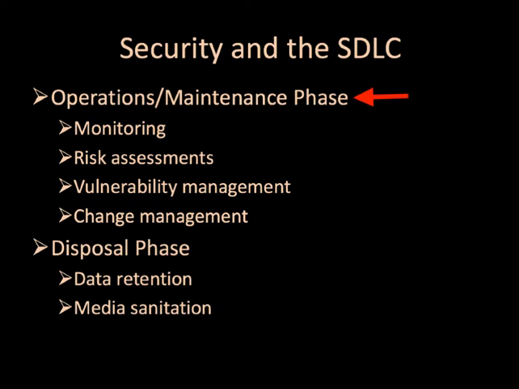Risk assessments and vulnerability scans are done when changes are made to the system or annually, whichever comes first. They are often part of the change management process. No change is made to the system unless it passes through a formal change management process. This includes most or all of the steps included in the initiation, development acquisition, and implementation phases. Finally, the disposal phase comes when the system is no longer needed and is replaced or eliminated.